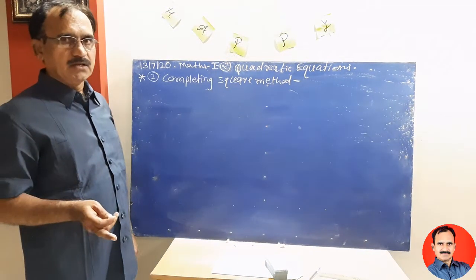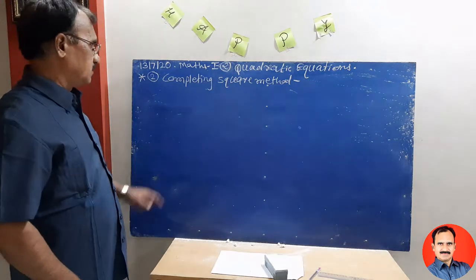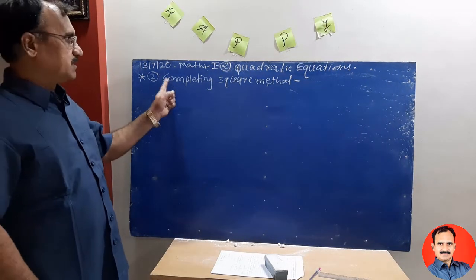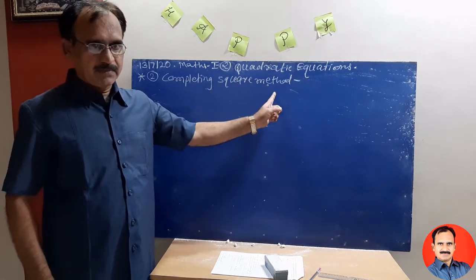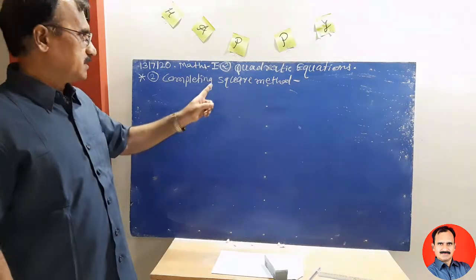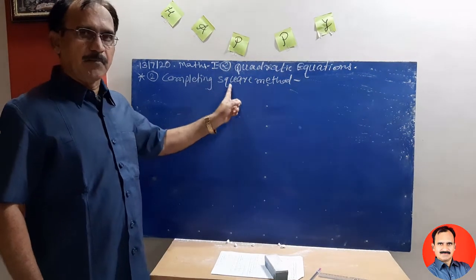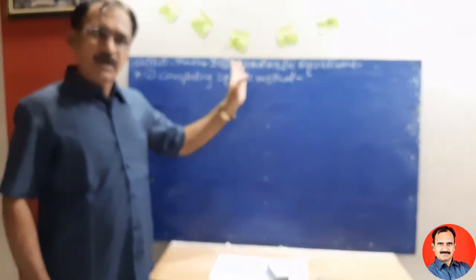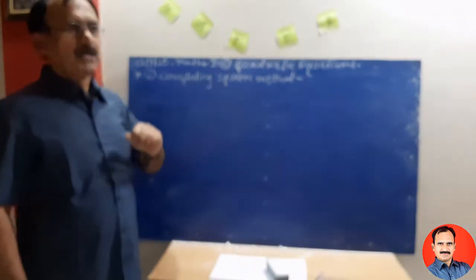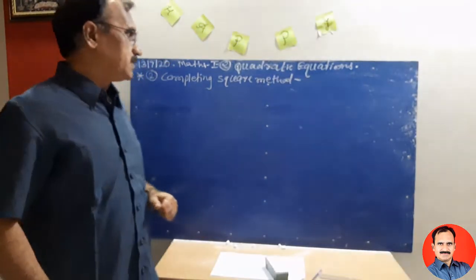In the previous period, we saw how to solve a quadratic equation by the factorization method. Now, the second method is the completing square method, and the third method will be the formula method. This is the second method: solve a quadratic equation by completing the square. Why can we use this method? If the given quadratic equation cannot be solved by factorization, suppose